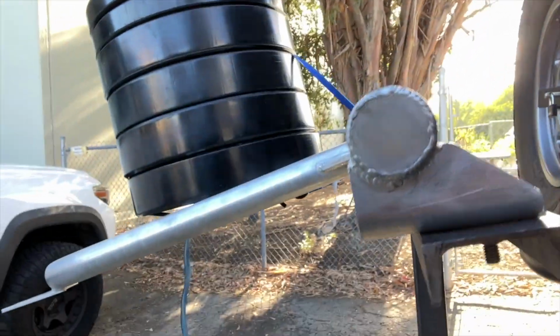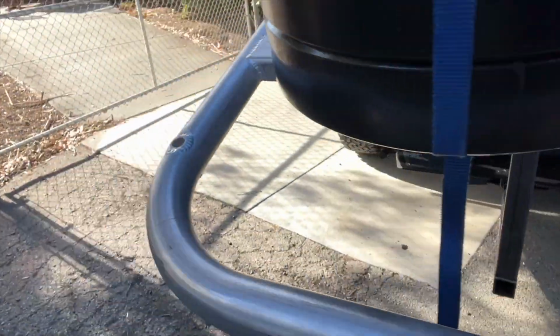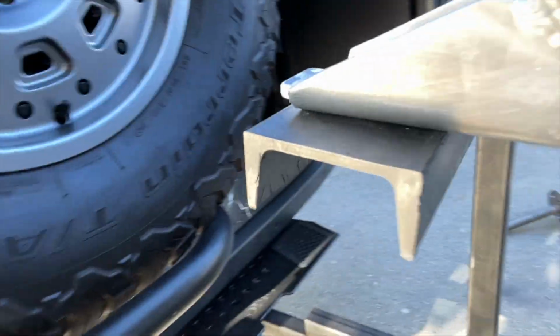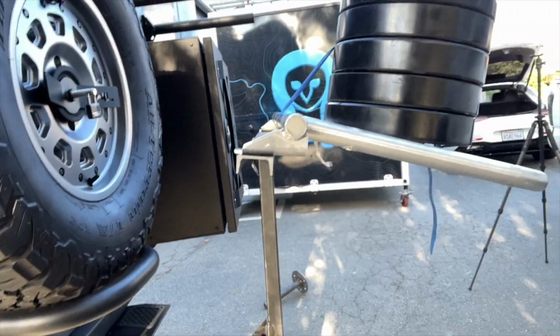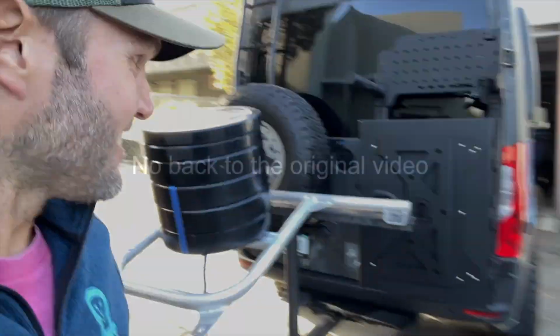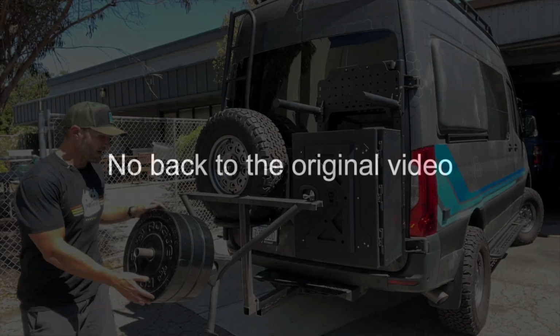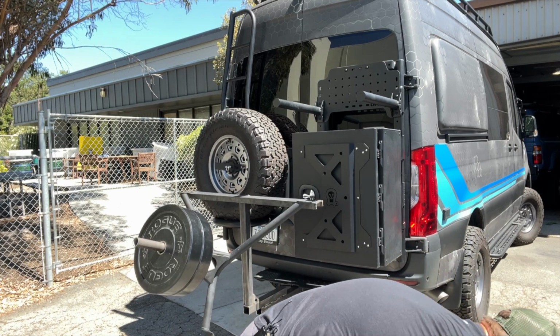These hinges, no bending. Everything looks fine. Everything looks fine. Nothing. It's crazy. I love it. Problems. So I did this to show you that